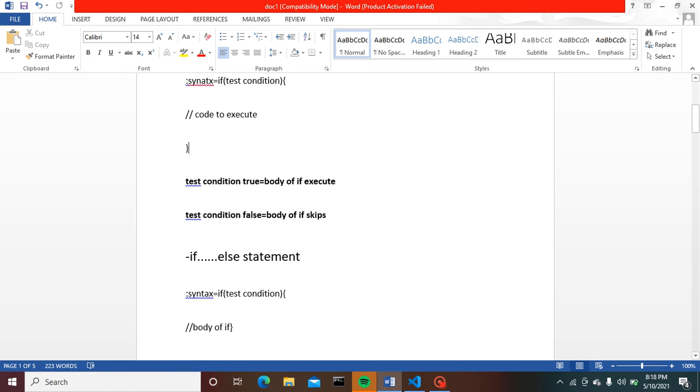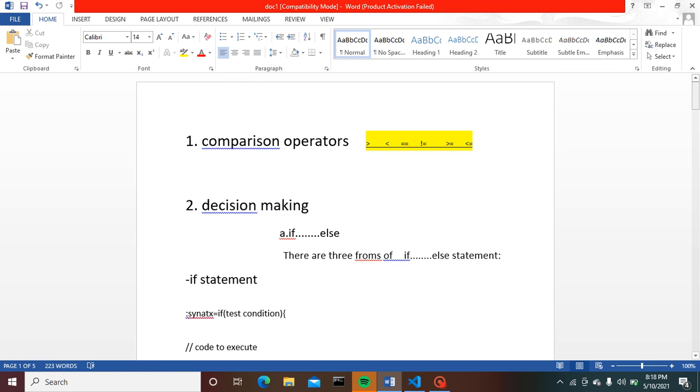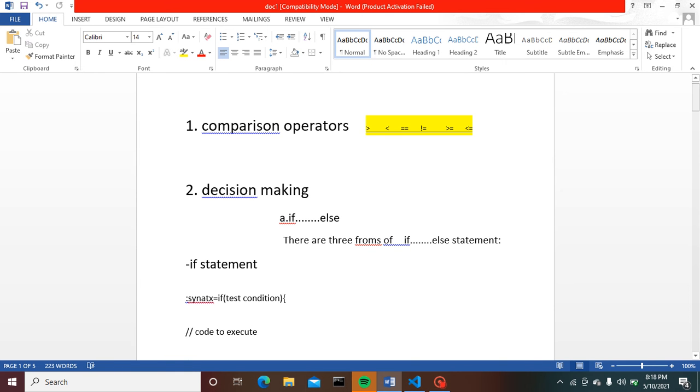First, have a look at this note I have provided here. I have provided these notes so that a user has an idea about what we are going to start next. The very first point is the comparison operator. These comparison operators in a programming language work exactly the same as in mathematical functions. I have written them in priority order from greater than to less than or equal to. This is the priority order in which a compiler executes code.